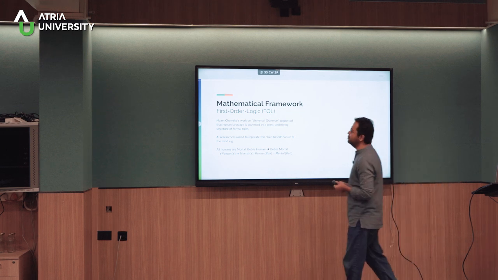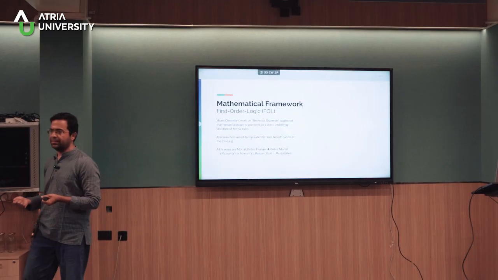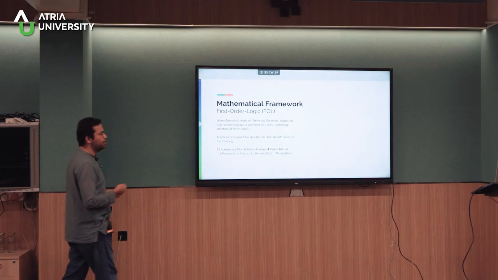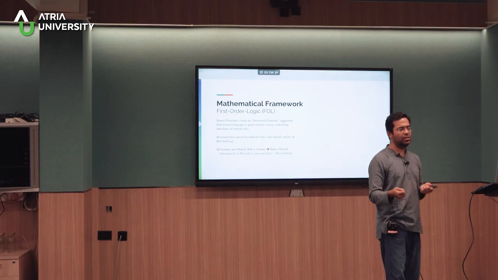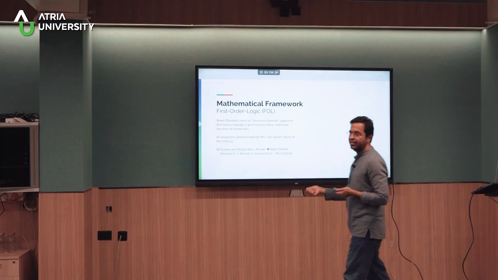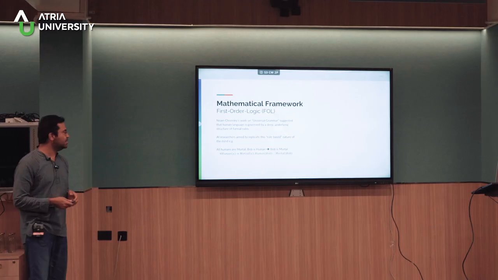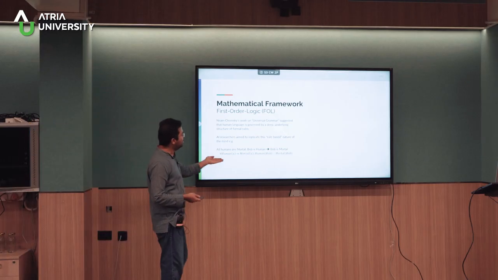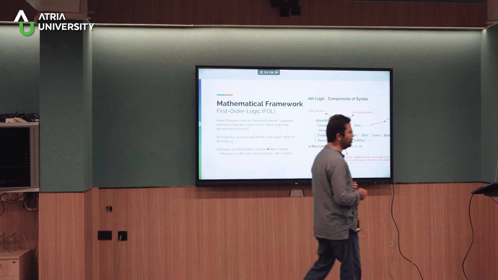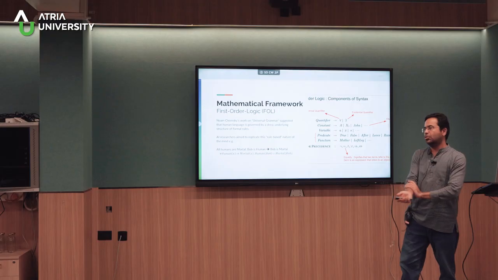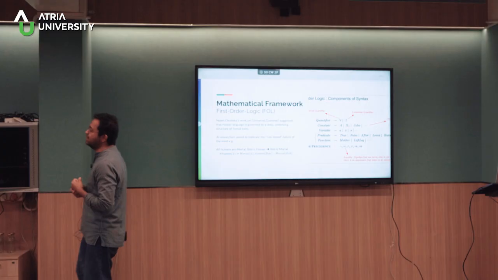So here is an example. The English sentence is: all humans are mortal, or all humans die. The second sentence is: Bob is human. Since all humans die and since Bob is human, the machine can now conclude that Bob will die. So this is logic, and you can make inferences from logical statements. This is the mathematical language in which sentences like this are written. Of course, this language is much more complex and has evolved over long periods of time, but logic is a field that continues to live, and that is another innovation that has survived.